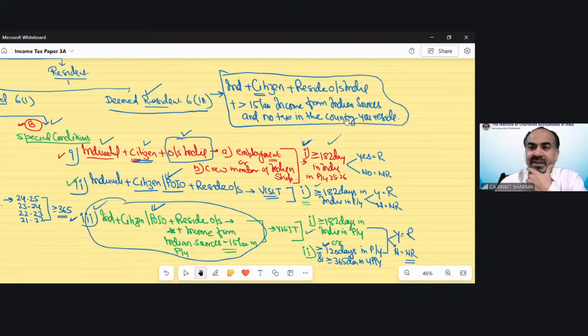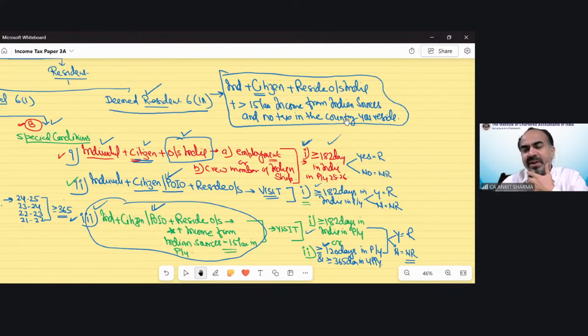Golty is saying, sir, in case of a crew member of an Indian ship, what is the criteria? You should go through the definition of India. In that, it has been mentioned how many nautical miles will be treated as within India. It's not 1200 nautical miles, it is about 200 nautical miles. Then there is the special economic zone, then the exclusive economic zone, then the continental shelf, etc. So you need not bother about that.